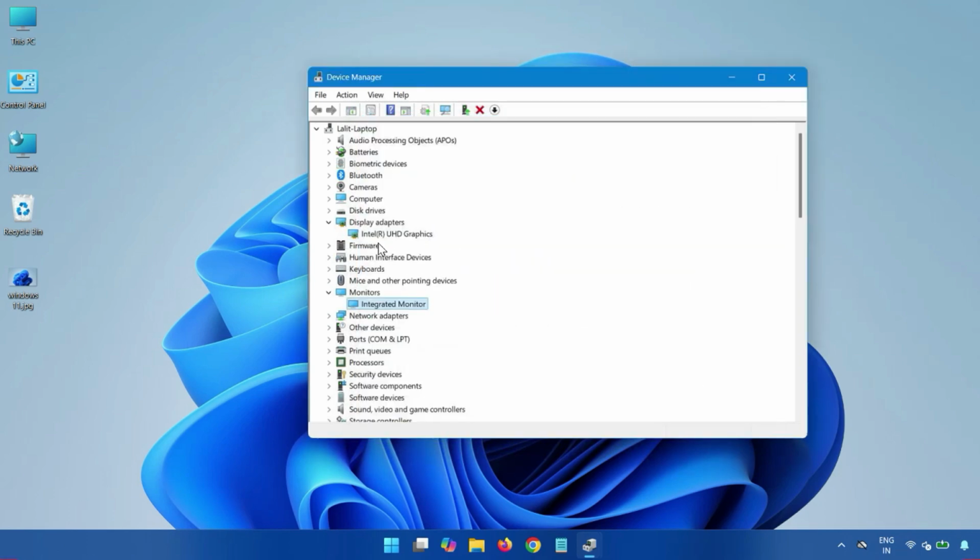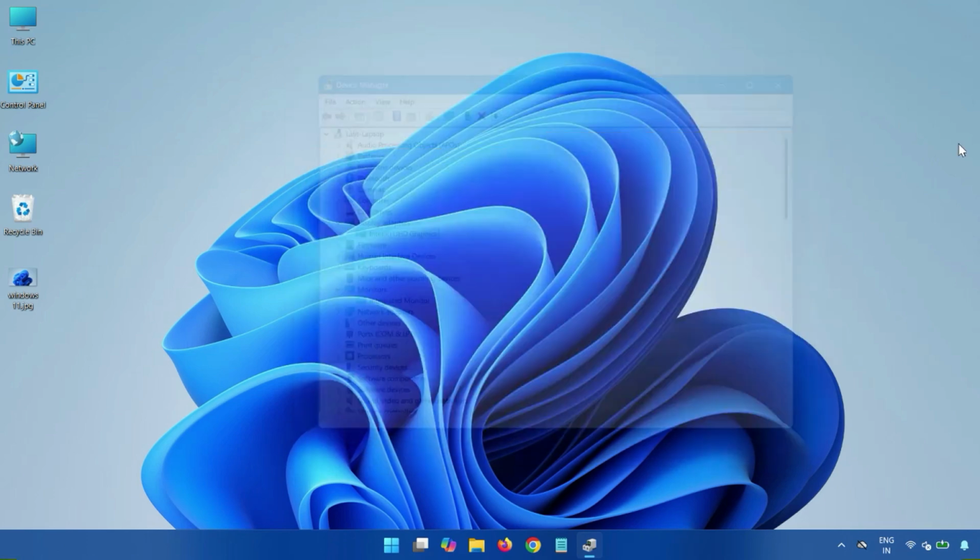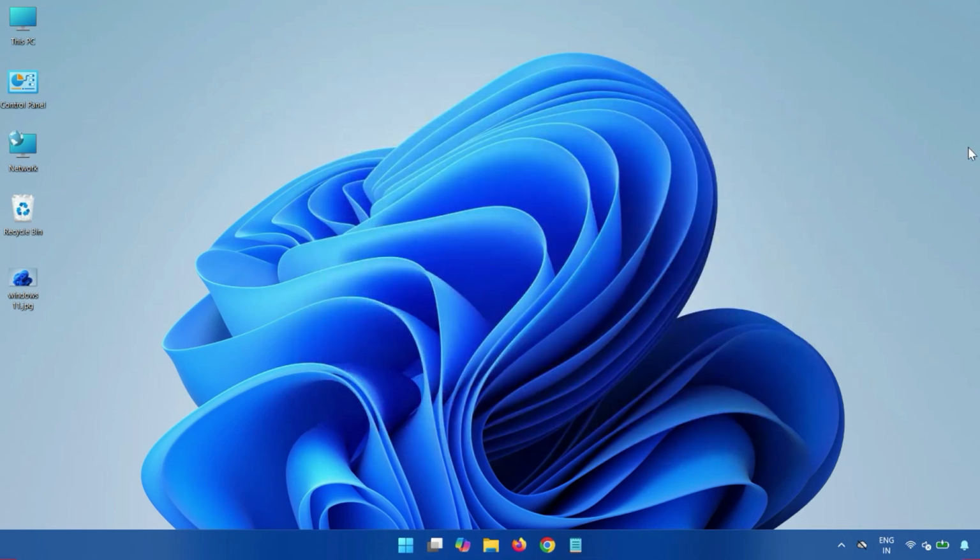Sometimes if you are getting an issue, most of the time with the display, in this graphic, you have to download the driver manually. Okay, and then close it. And then next method,